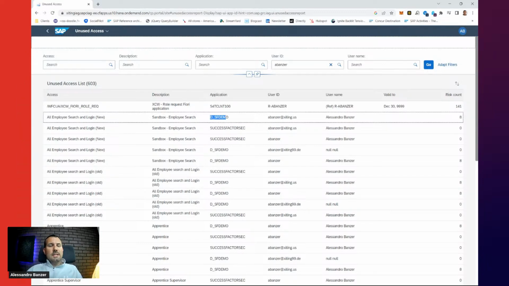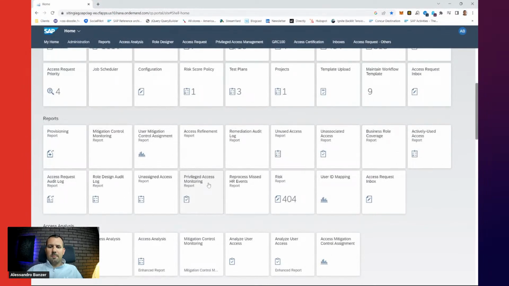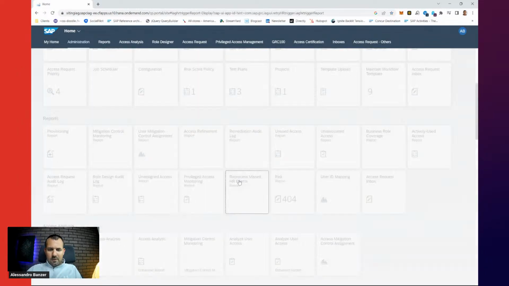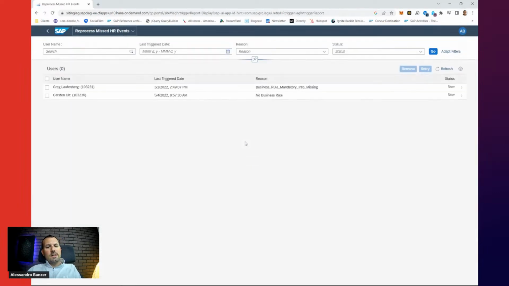But obviously we have those insight reports here. We can look into it and play and get an overview and understanding of what's going on in my landscape. So a lot of insight is obviously possible. Different reports, we see it here. There's a handful of reports, and here we should also see the HR one that I was trying to show you before. If we have any events that we have not processed, we should be able to see them here from SuccessFactors. So obviously all that also can be reported.